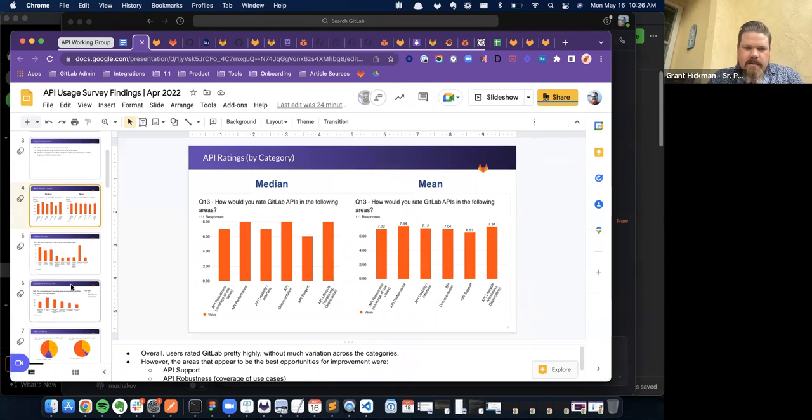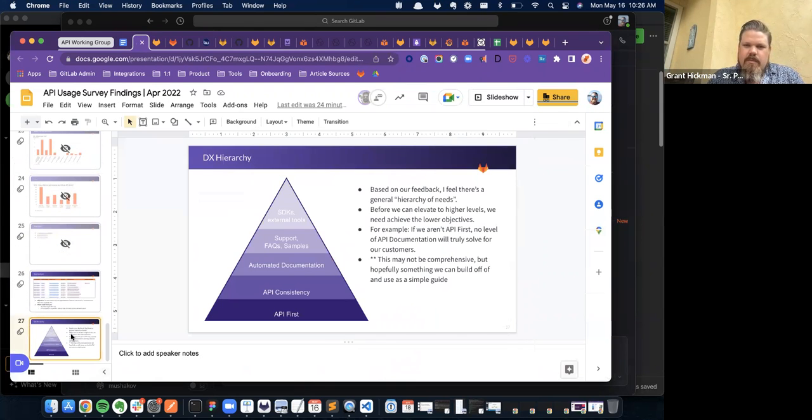The one thing I did want to leave you with is something that I've been brainstorming as well, going through this feedback. Not looking at this as official by any means. This is definitely in progress, but I'm imagining that there's essentially a hierarchy of needs when it comes to the developer experience. And we need to achieve the bottom levels of this hierarchy of needs before we can truly solve those that are above it. This is my perspective right now, and it's in flux as I learn more.